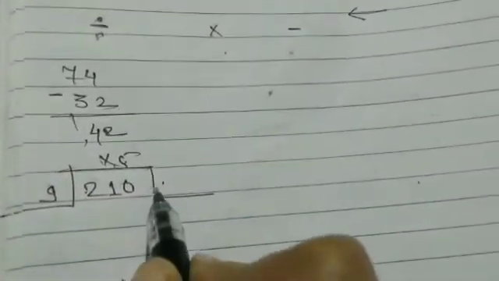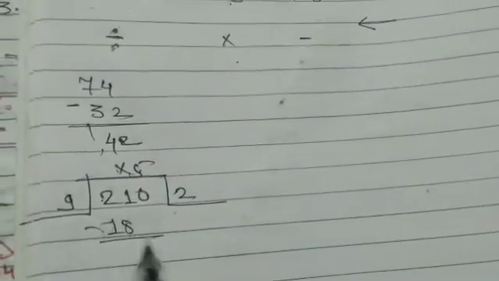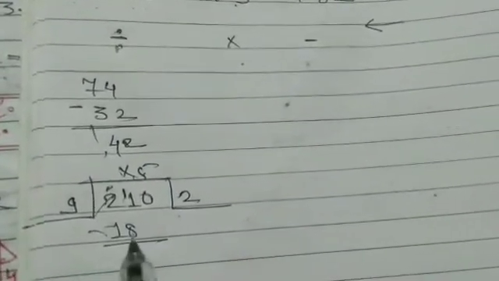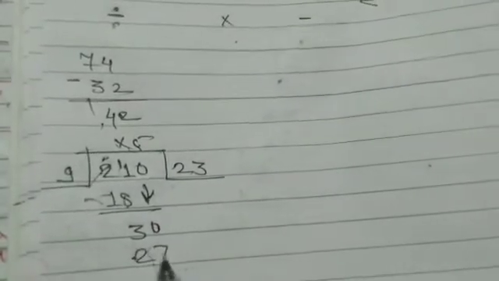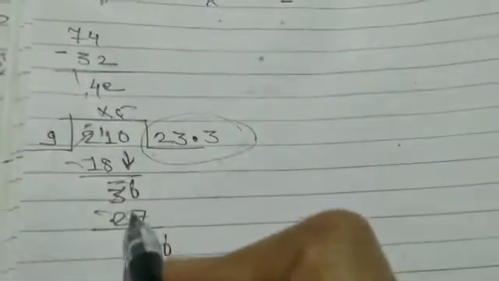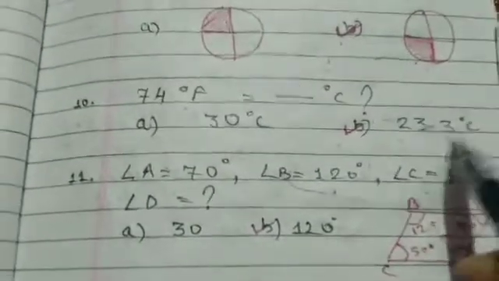9 how many? 2s are 18. Okay. So 11 and 0. So 8, 9, 10, 11. 3 is there. Now copy down 0. So how many 9s? We have 27. So what is remaining? Again remaining 10 minus 7 is 3 and now we will put a decimal and copy down 0. Now 9 3s are 27. This is non-terminating, so it keeps on repeating the same answer. So our answer is 23.3. So we got our answer 23.3 degrees centigrade.